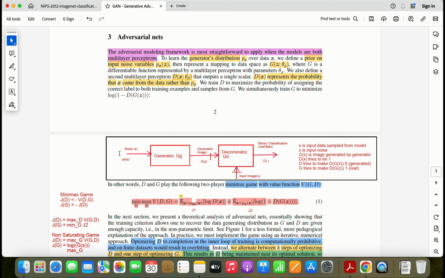Adversarial network. So this is the diagram that I have built based on this research paper and other information. There is a generator which is connected with the discriminator. Input to the generator is random noise. Let's say its distribution is Pz of z. It will go through the generator and generate an image G(z). Input to the discriminator is the generated image and the input image. The input image is the original image from the data set. The parameter of the generator is theta g. The parameter of the discriminator is theta d.